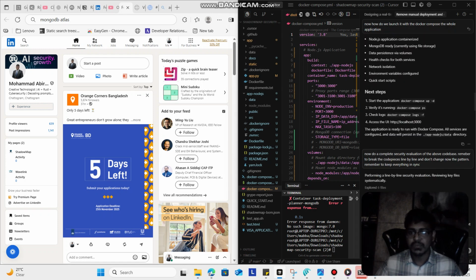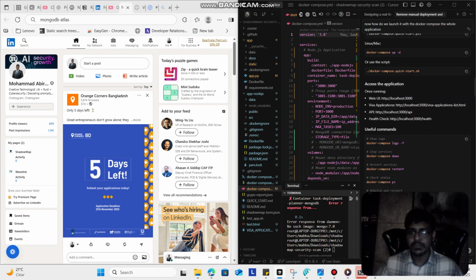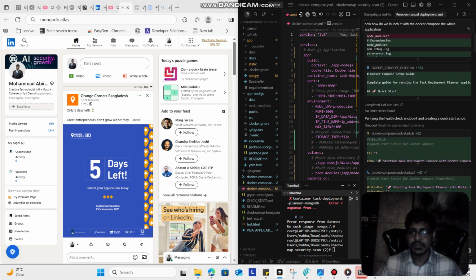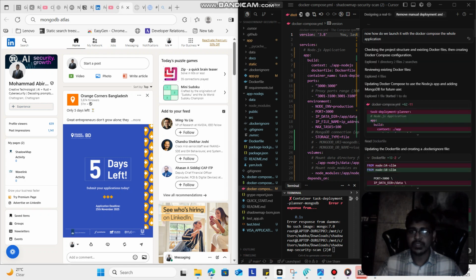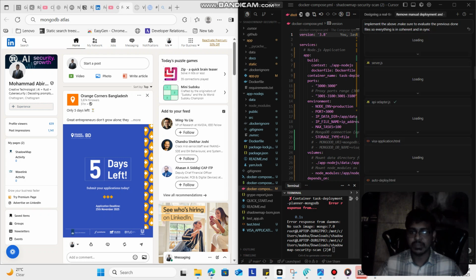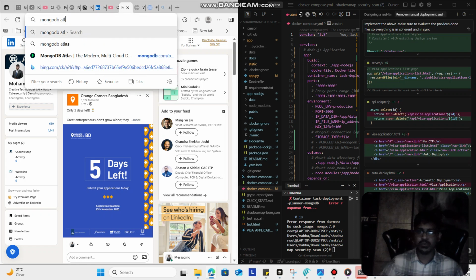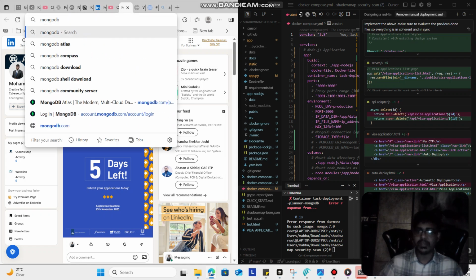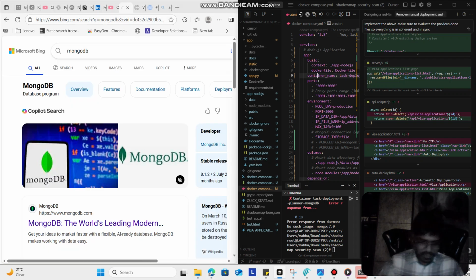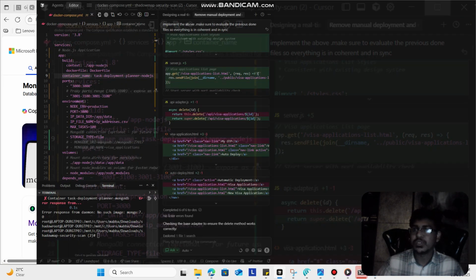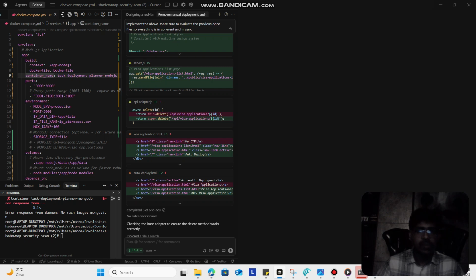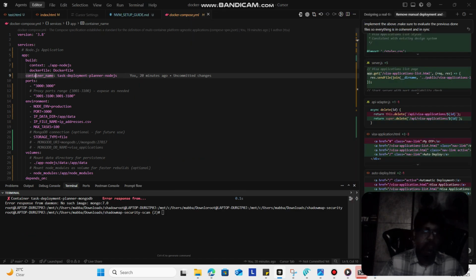Okay, so we told it to create a MongoDB integration with Docker Compose. We just said, hey, integrate the Docker Compose with this. And now we are going to show you how to use MongoDB properly configured in your Docker. And you can see, if we show you,